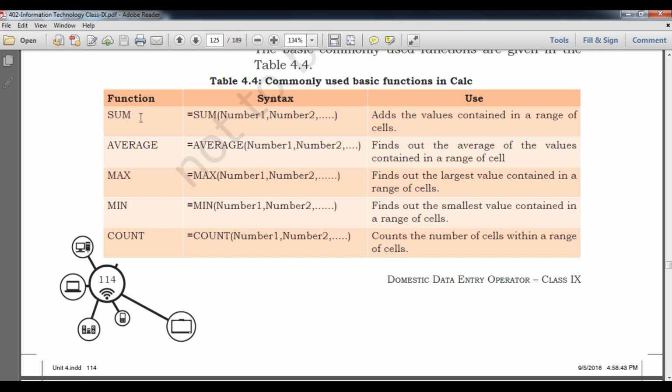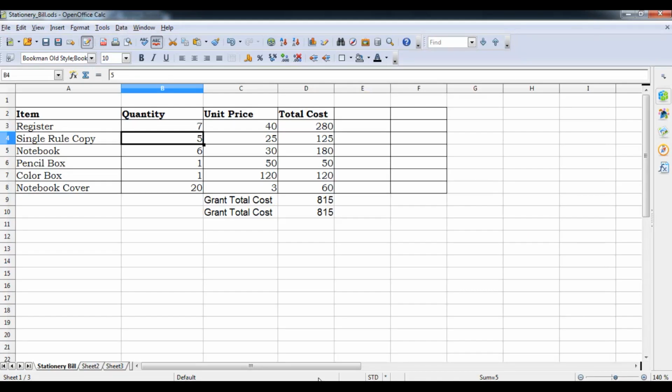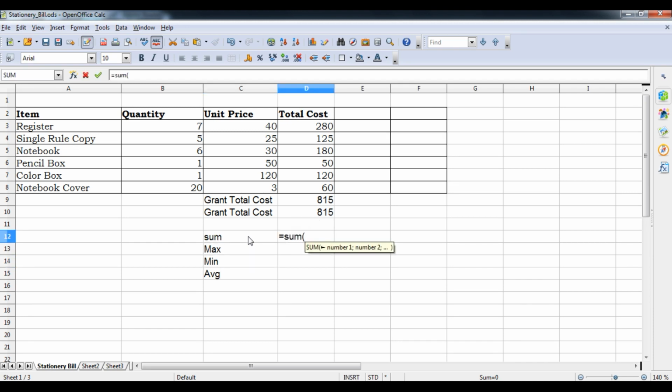So I will show you some functions like sum, average, max, minimum. Okay, student, so suppose here is sum, here is maximum number, minimum number, and average. I am not doing the sum of the whole range, I am going to sum two numbers, so for example B3 and then B4.